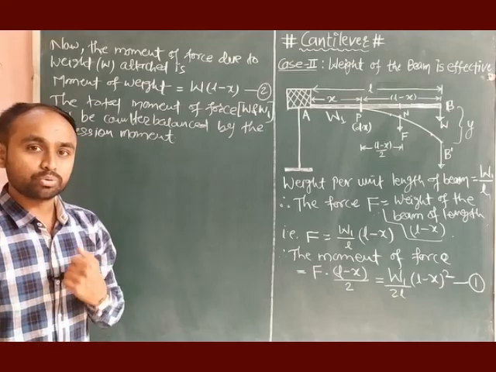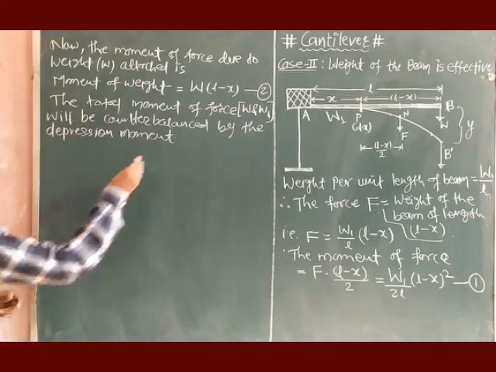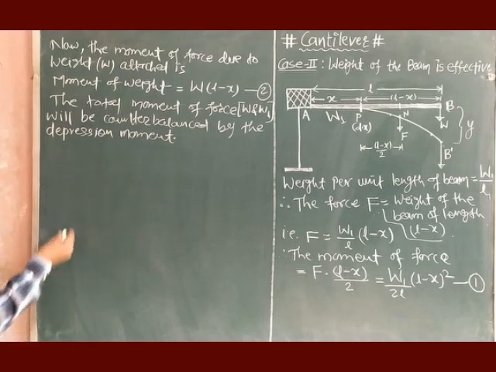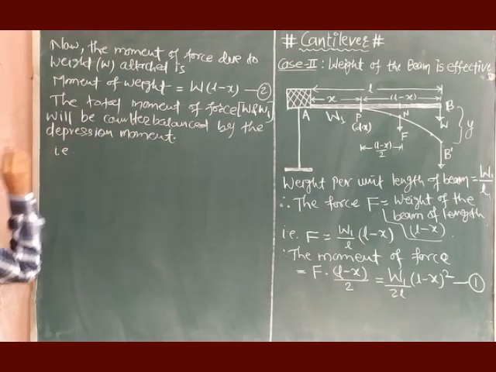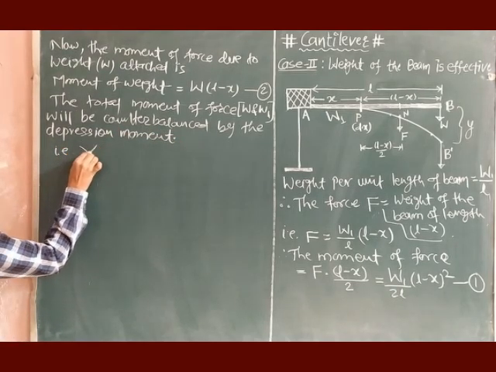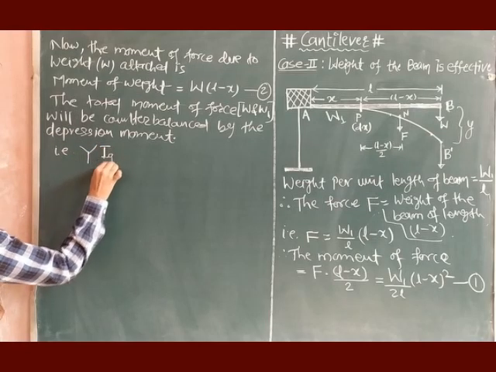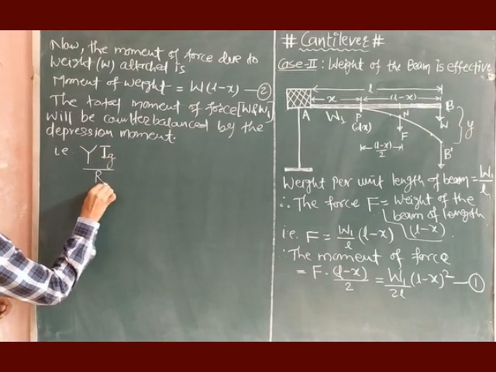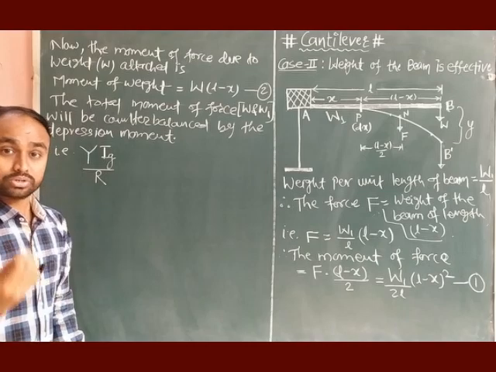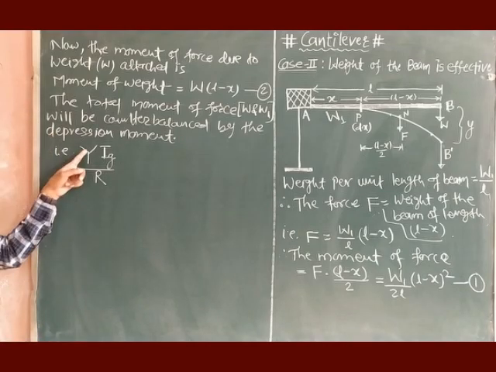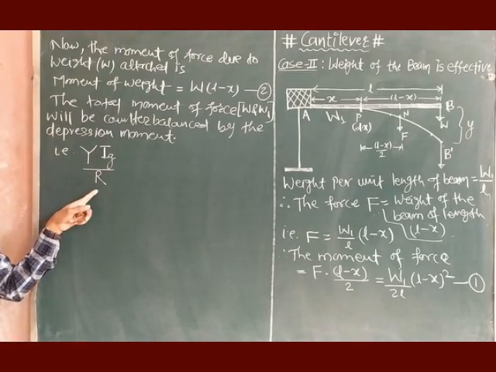And how much depression moment we have calculated in the previous article, in the previous video, if you remember, that is nothing but Yig divided by R. I hope you remember this, and that's why I said first of all watch that video. Right, now Yig by R is the depression moment,